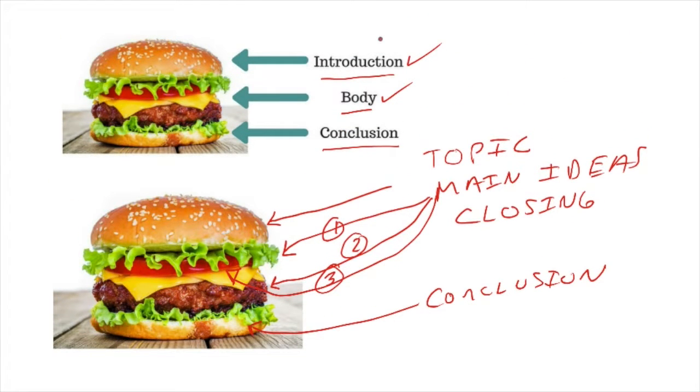So we go back here, we write our introduction with our topic, main ideas, and a closing sentence. We put in all of our body paragraphs, which we just learned how to do, and then we do a concluding paragraph where, again, you list your topic in a different way, you say your main ideas again, and you have a nice wrap-up sentence. That is why we use the Hamburger Method. It's all put together, it tastes great, and more importantly, teachers and graders love it because it's so organized. That's the key to the Hamburger Method, is that it's super organized and easy to do, easy to grade, easy to read. Easy, easy, easy.